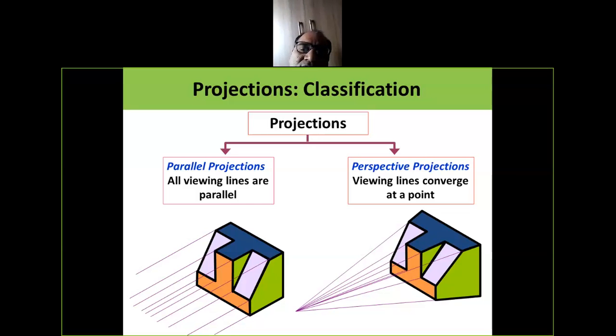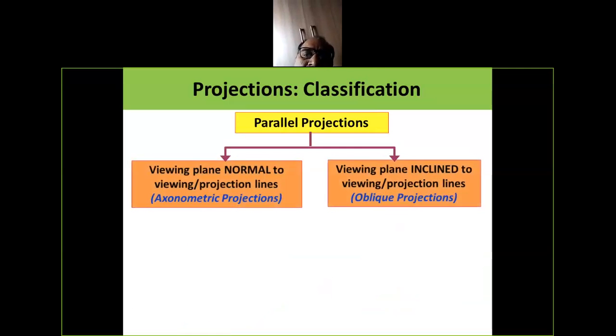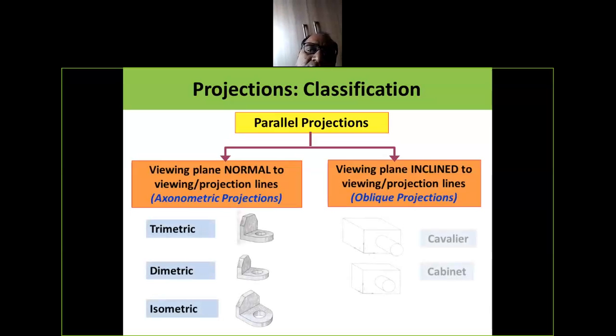That point is where the observer is kept and all the rays are focused. Now, parallel projections can also be divided as viewing plane normal to the projection line.